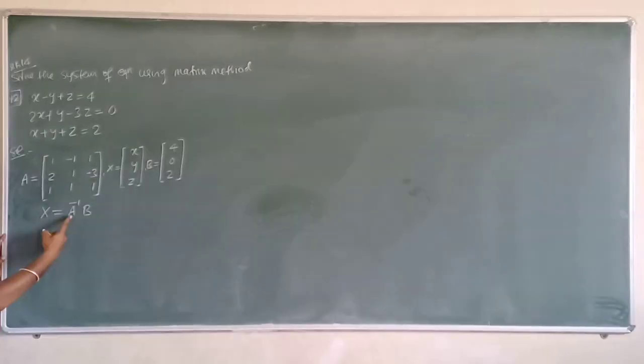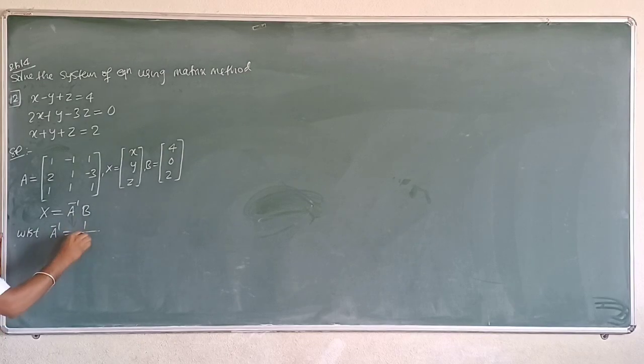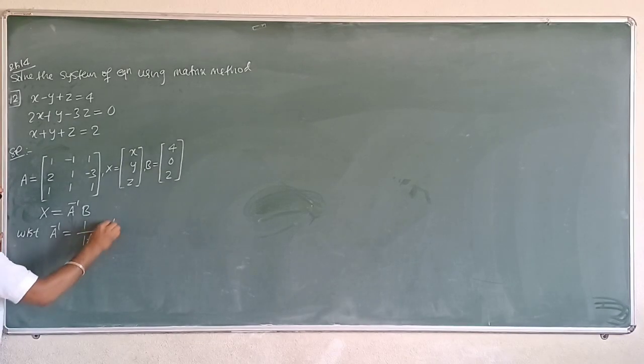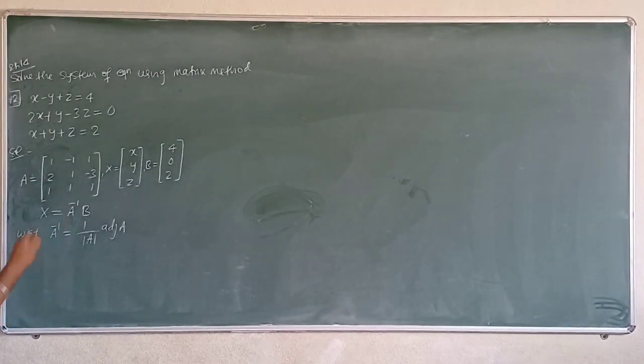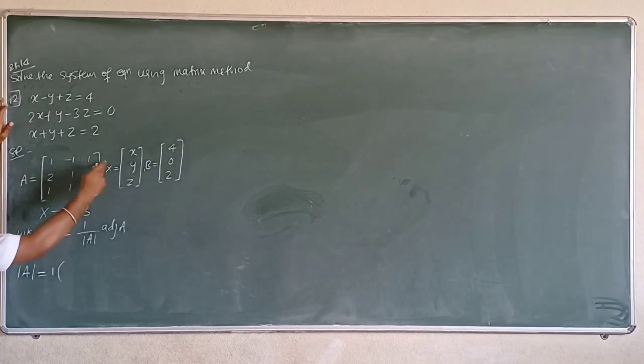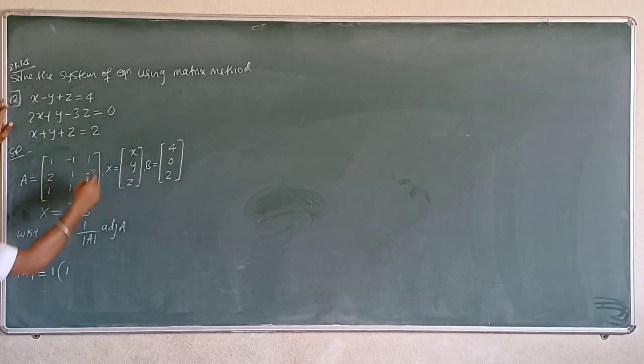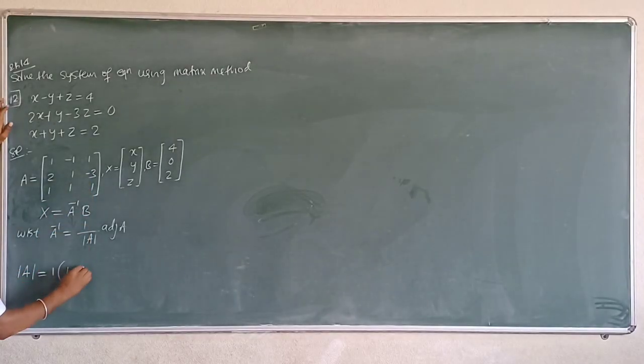We have to first find the A inverse answer. We know the A inverse formula: 1 divided by determinant of A into the adjoint of A. First find the determinant. Determinant of A is equal to, expanding along R1. The A11 element is positive. Delete first row, first column. 1 1s are 1. Plus into minus is minus, minus into minus is plus. 1 3s are 3.